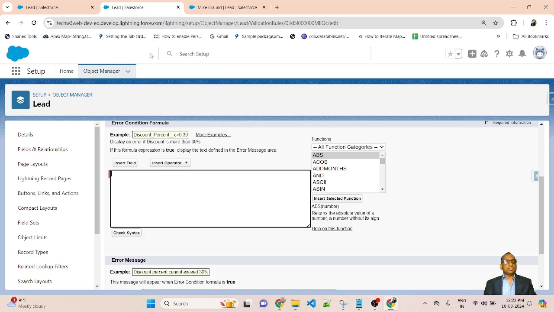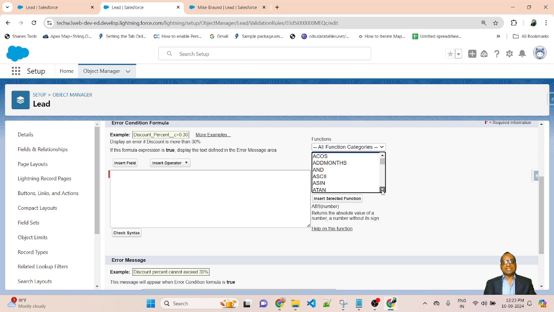So now let me go to the validation rule, and here I will write the logic. First I will check a condition, if